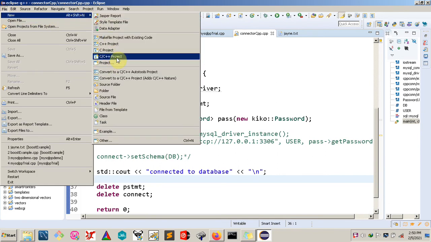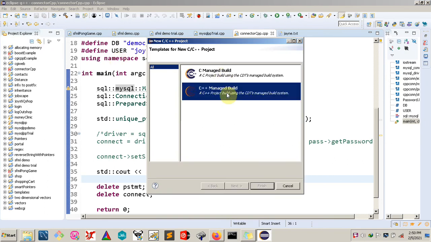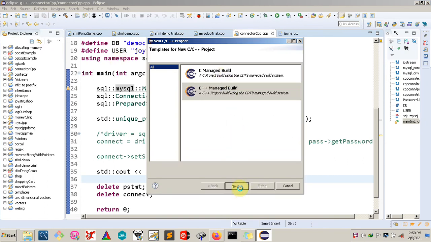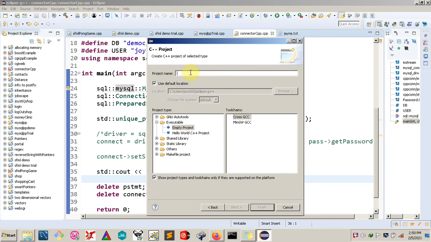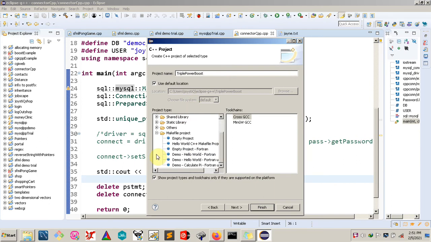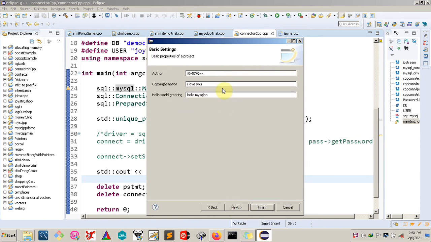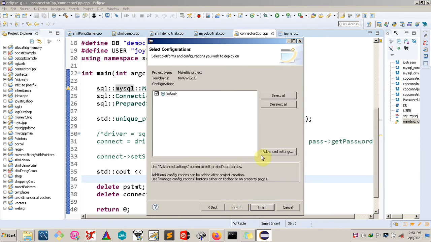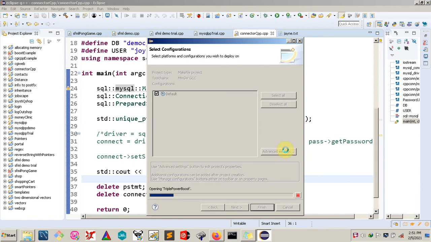I'll just say C++ project, and then select the C++ managed build, go to next, and probably give it a name, and probably I'll just call it a random name, boost. And then I'll just go ahead and expand on the makefile project and select hello world C++ makefile project and select MinGW GCC, and then go to next and say next, and then I'll click on this button, advanced settings,